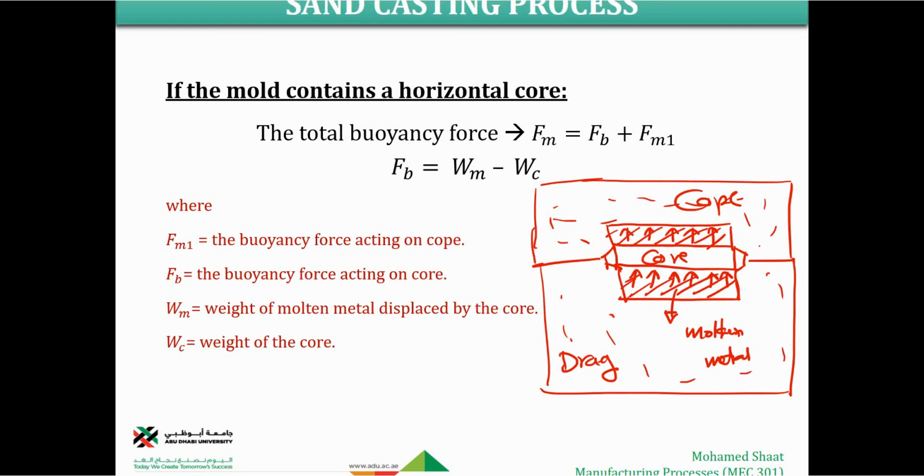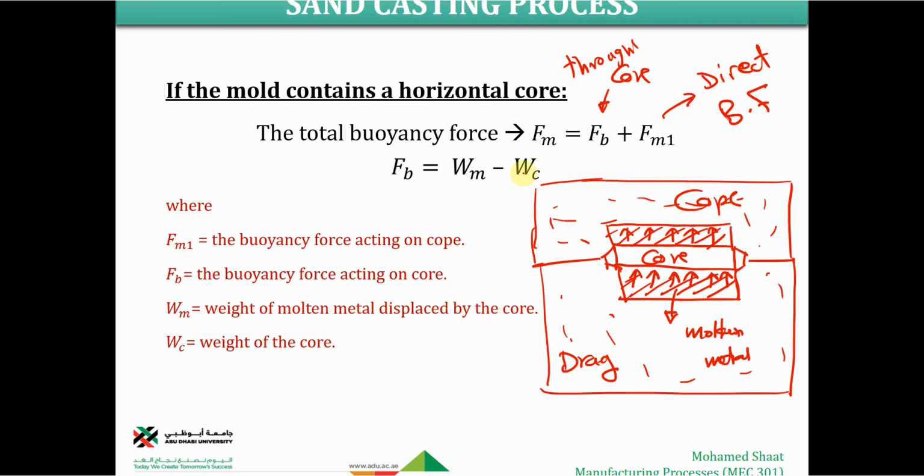So how can we calculate the total buoyancy force? This total buoyancy force will be FB, which is the buoyancy force that comes through the core. This is the force through the core. You could consider that this is the indirect force, and this is the direct buoyancy force from the molten metal to the cube directly. Make sense? And the buoyancy force acting over the core should equal